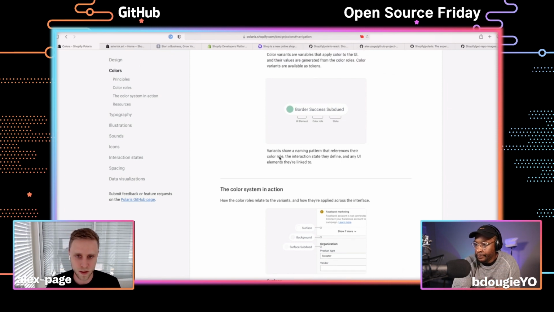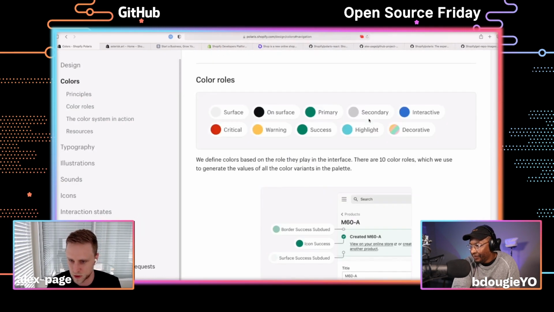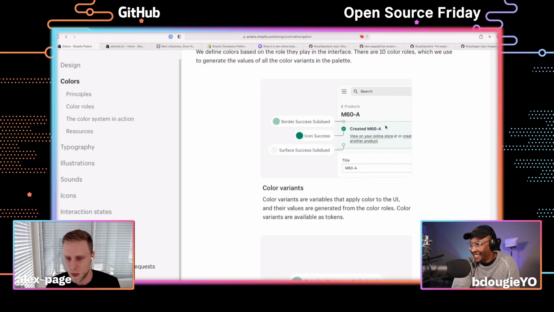And what this means is, this is maybe a better image actually. You can see border success subdued is the top line, icon success is the icon color, and surface success subdued is the background color on this little section. It's really small, so if I try and zoom in a little bit. So that's really helpful, but when we want to pivot or adjust or change, now we're just changing